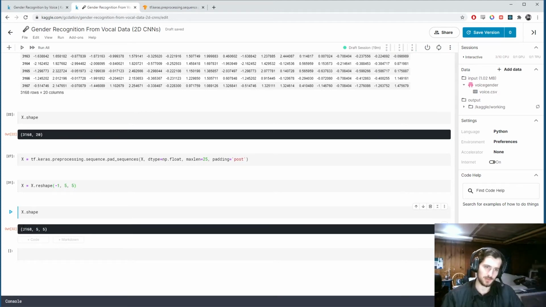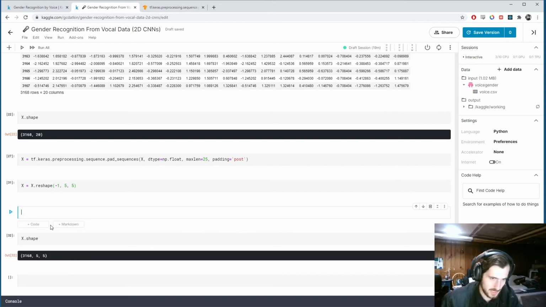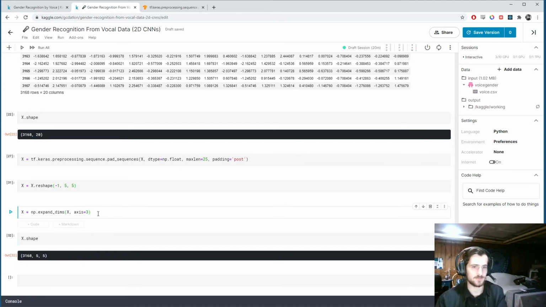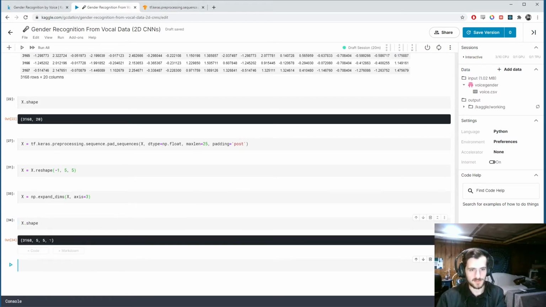I want to make it 3168 by 5 by 5 by 1. To do that, I can use numpy.expand_dims on x, and the axis we want to expand across is 3, which will just be the 4th axis there. So run that, and now if we look at the shape, we have this extra dimension,